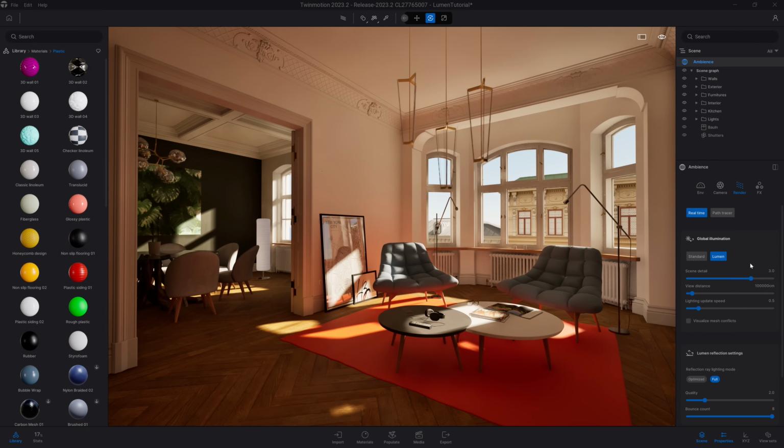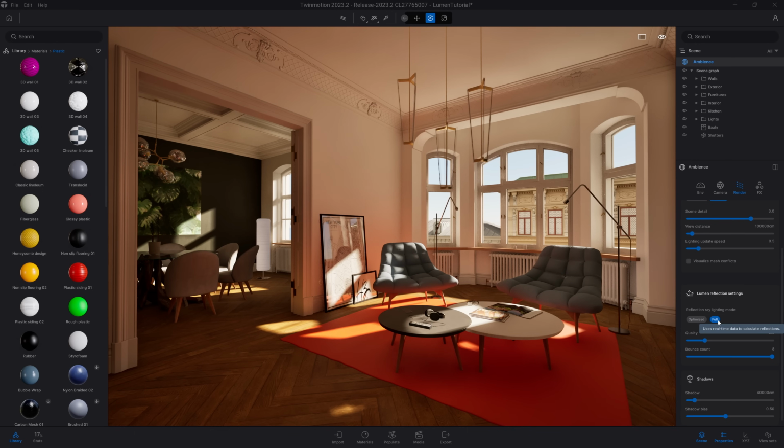So it depends on the machine you are working on. Here on this project, I left this by default, and I also left the view distance at default. Down here you will also find the settings for the reflection. Everything is detailed in the online documentation, but we have basically two settings, one that controls the quality of the reflection and one that controls the number of bounces. Bear in mind that Lumen is not designed to be used for mirror or highly reflective objects. In those situations, the path tracer will be more suited.